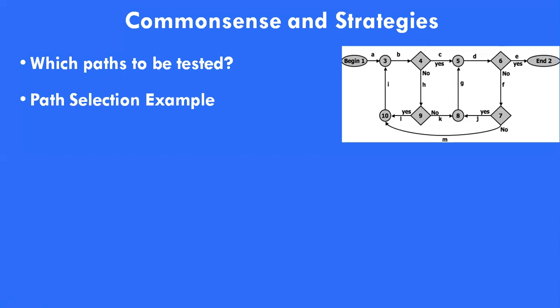And the third path can be something like this: A, B, C, D, after D, F, after F, J, after J, G, after that D, and after that E. This is the third path. Another path can be A, B, H, after that I, after that L, again B, C, D, E. This is another path. So what are all the different paths that are available?